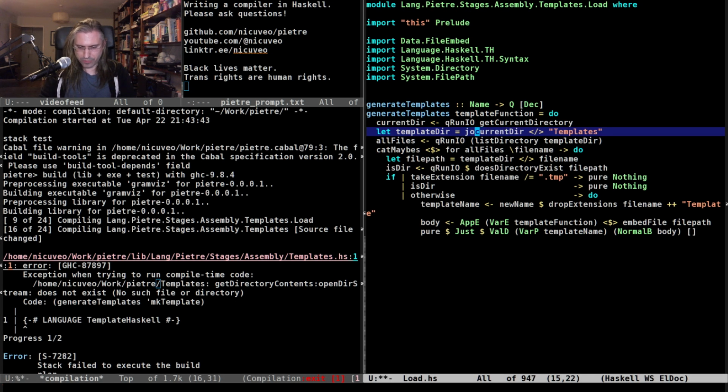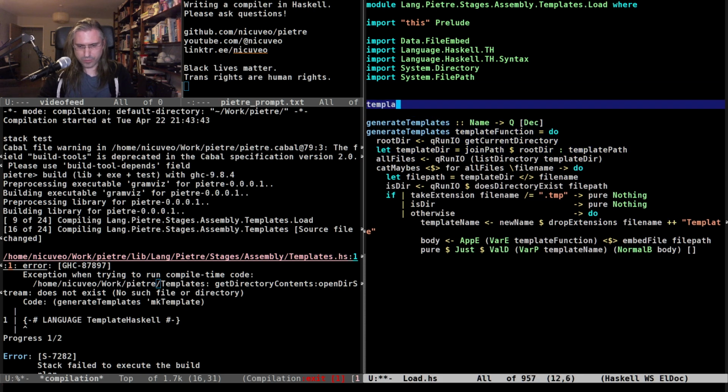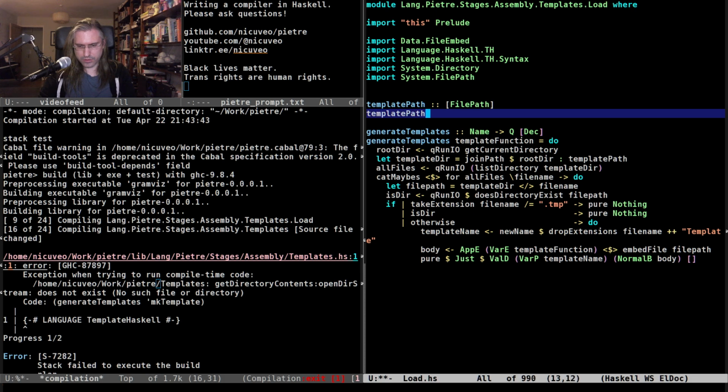So this is going to be a joinPath of, so this is the project directory, I suppose. Root. And this is then gonna be the long list of all of the template path. And the template path is gonna be just a list of file path, which is going to be